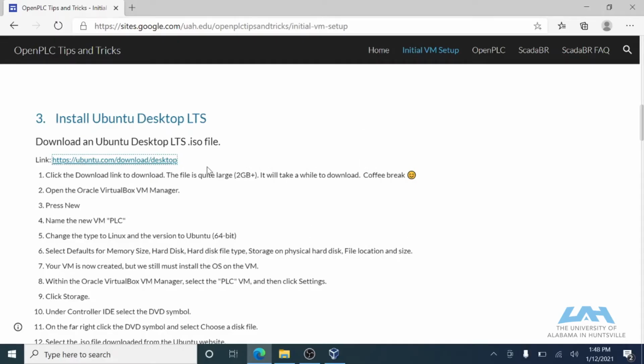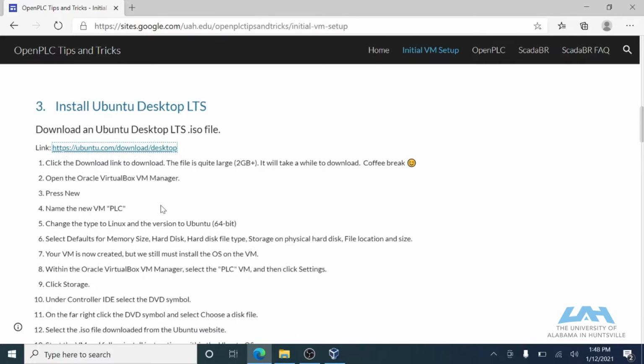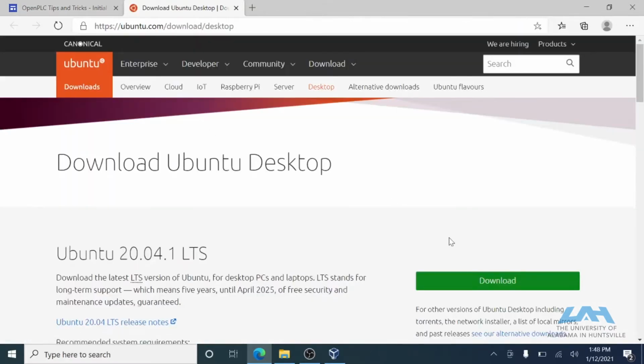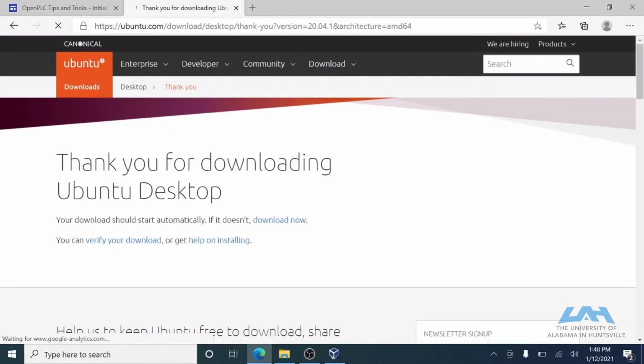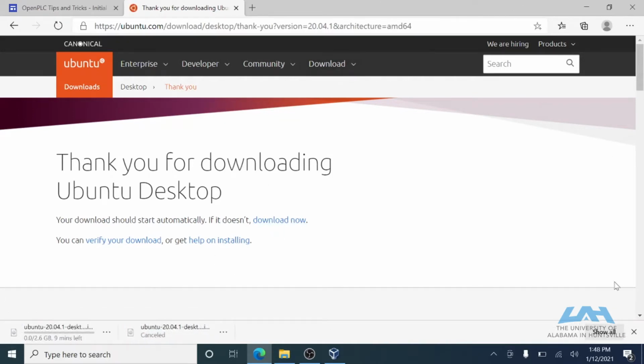For this part, you install Ubuntu desktop in your VirtualBox. So to do that, just click on the link, and then you want to click on download here, and it's going to start your download. If it doesn't start, just go ahead and click on download now. But I've done that, so